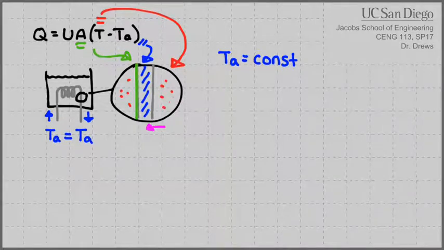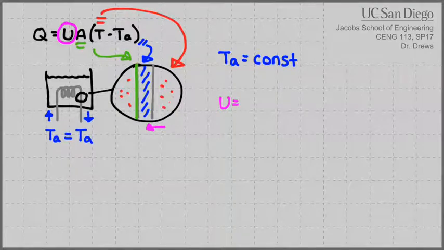It's not a bad assumption if you crank up the mass flow rate of that coolant. If you put lots and lots of coolant through there, the temperature change in the coolant will be fairly small. And so that constant T sub A is not a particularly bad assumption. U, this parameter U up here,